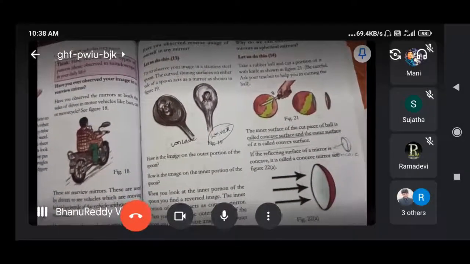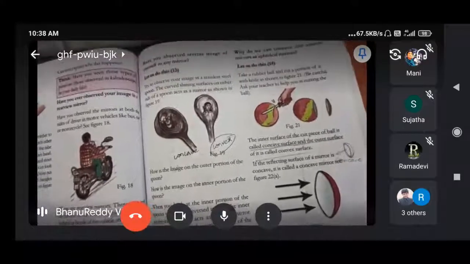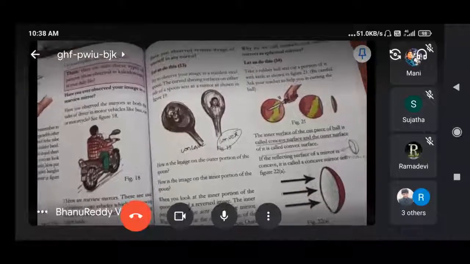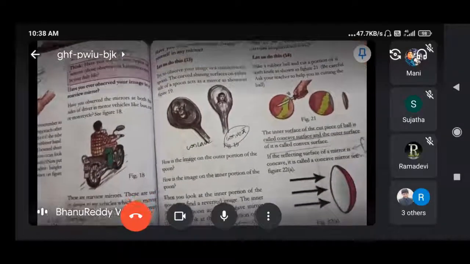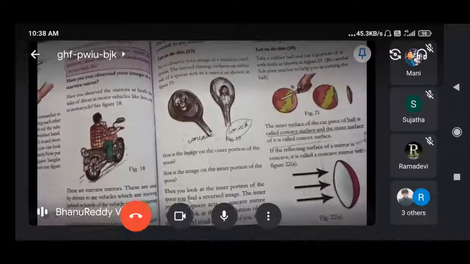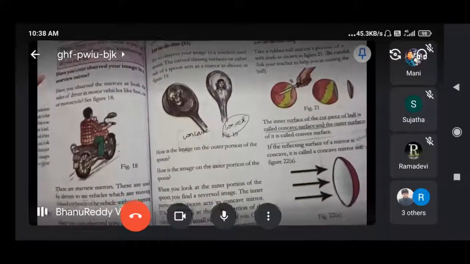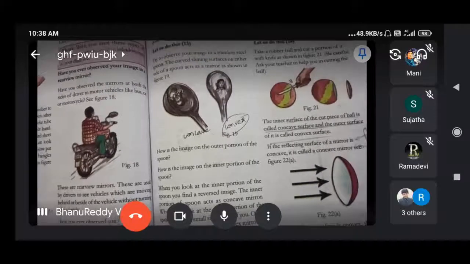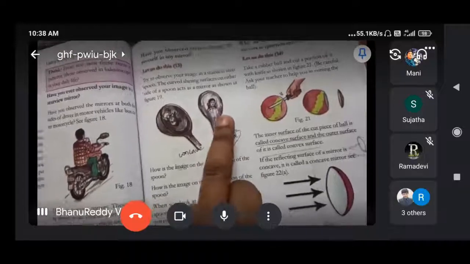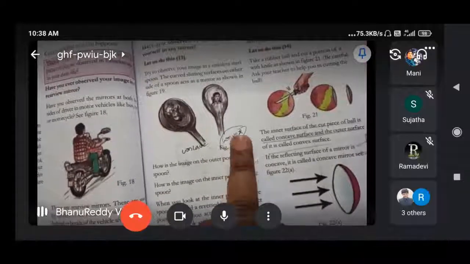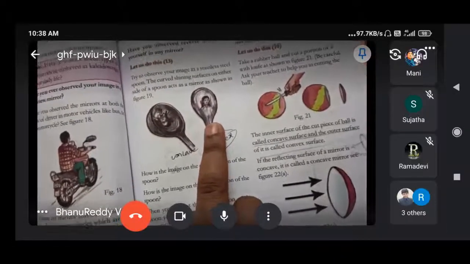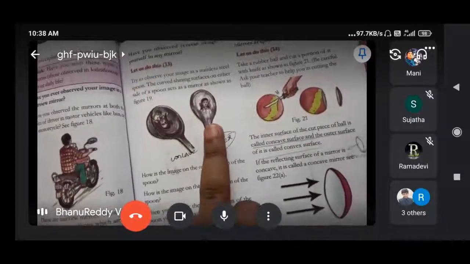For example, in our daily life, if we observe the backside of a spoon, the surface is bulged out, so that is a convex mirror. And the front side, the inside of the spoon, we can observe the bulged in portion, that is concave. The outer portion of the spoon will give a small size image of you. The outer surface, that means a convex mirror, will give a small image. And erected, small means an erected image.